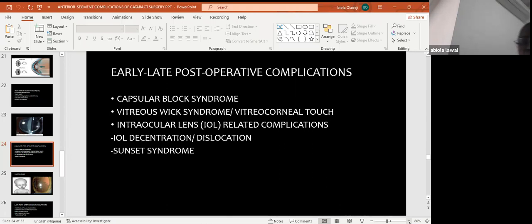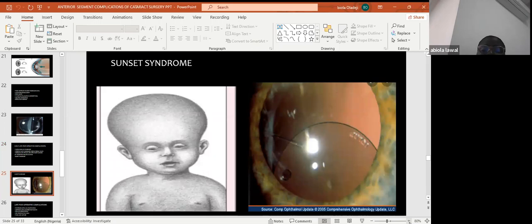The sunset syndrome is described based on this appearance, which is typical in congenital hydrocephalus. In this picture, we can see the appearance of the child's eyes looking downwards, and then I put the subluxated IOL beside it. So it's this picture that gives the name sunset syndrome. If this gives significant diplopia or dysphotopsia, there may be a need to do lens repositioning for this patient, or do a scleral fixation or iris fixation. Iris fixation IOL is not without its own complication, because if it keeps rubbing, it can predispose